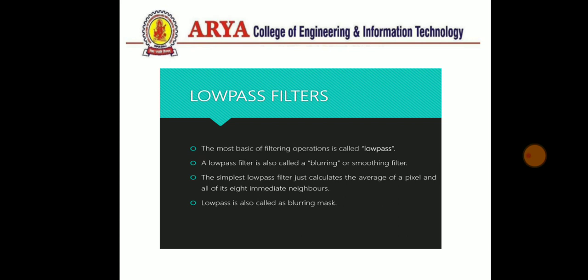The first one is the low pass filter. What is a low pass filter? In a previous video I have already discussed that low pass filters are those filters which allow or pass the low frequency components of the signals but block the high frequency components of that signal. If there is a possibility of the presence of noise signals in some high frequency components, then this filter is used to remove those noisy signals from our actual signal. They perform this task by allowing the low frequency components to pass through the filter, but they block the high frequency components of that signal.